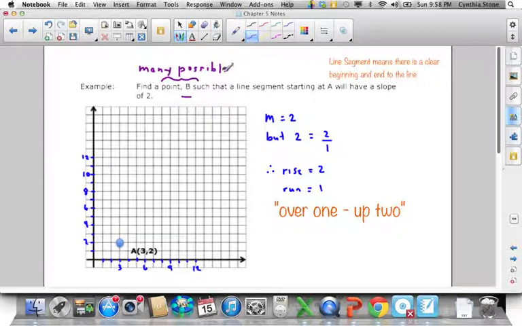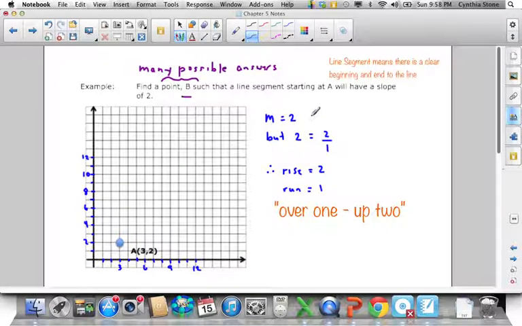I want to remind you as well, the little orange type here: when I say line segment, it just means that there's a clear beginning and end to the line, and usually that has a little dot. So we'll make a line segment AB, where A is the first point, and then we'll use a slope of 2 to find our second point. So when it says M equals 2 or slope equals 2,